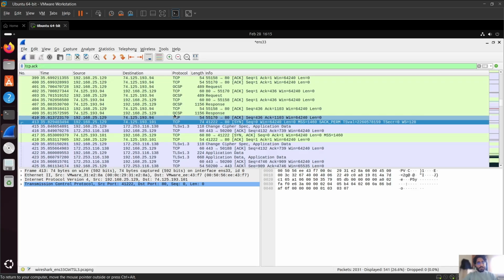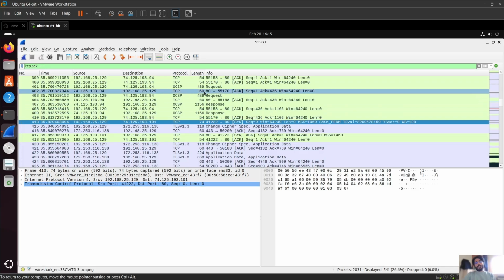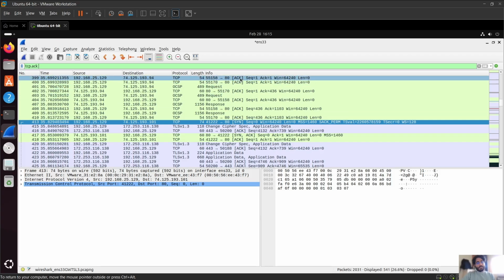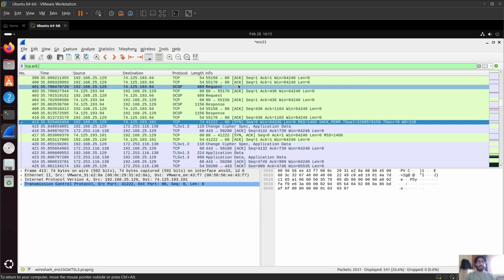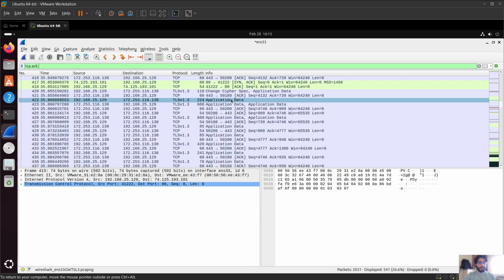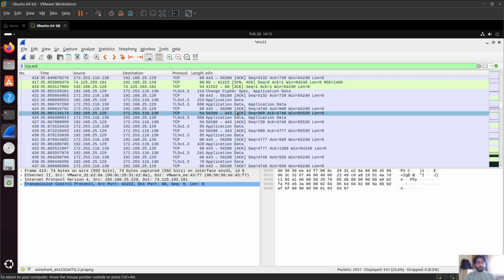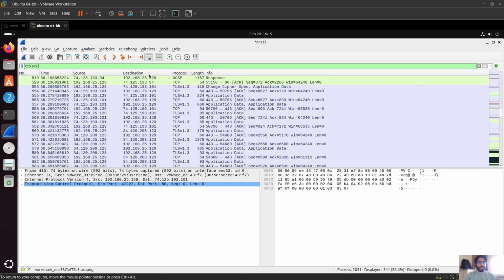So all those packets which are having acknowledgement, ACK is one of the flags in the packet. If you see the TCP related packets, then they have different flags, which is SYN, ACK, then there is push, then there is reset. These kinds of flags are present in TCP. So all those packets which are related to ACK,